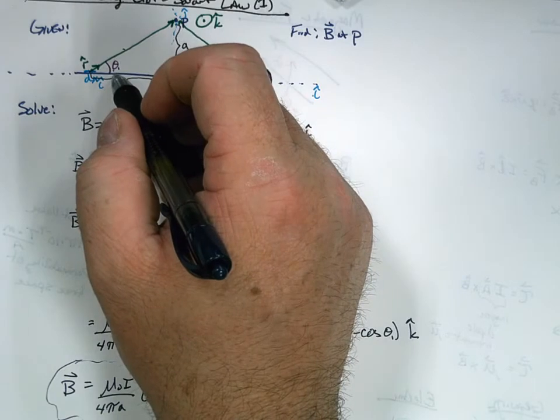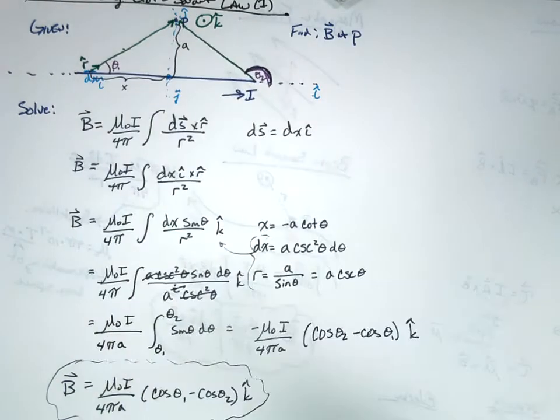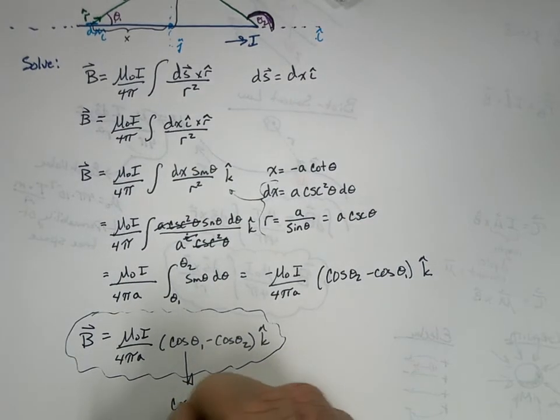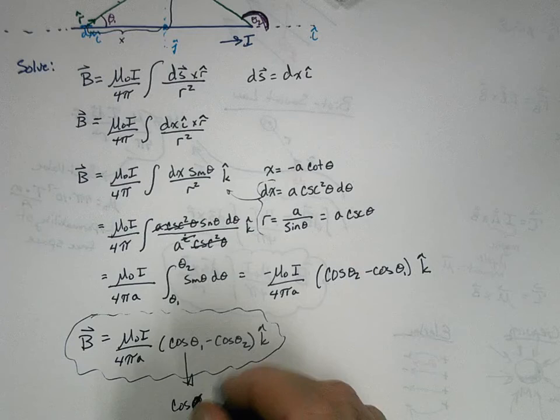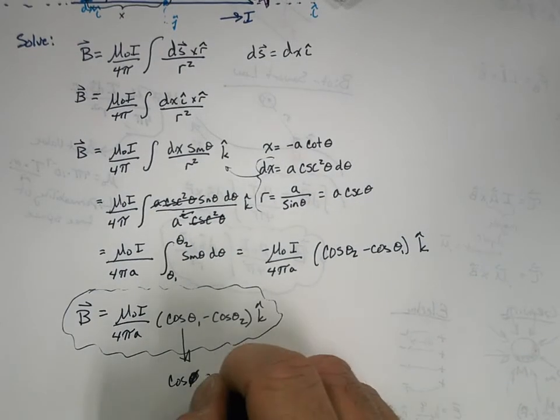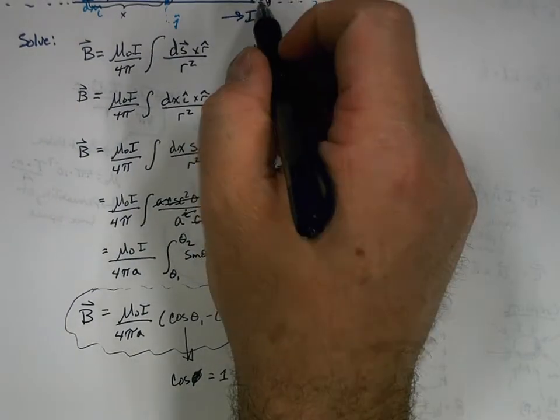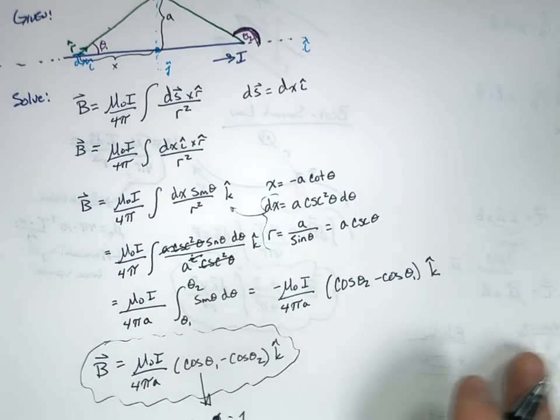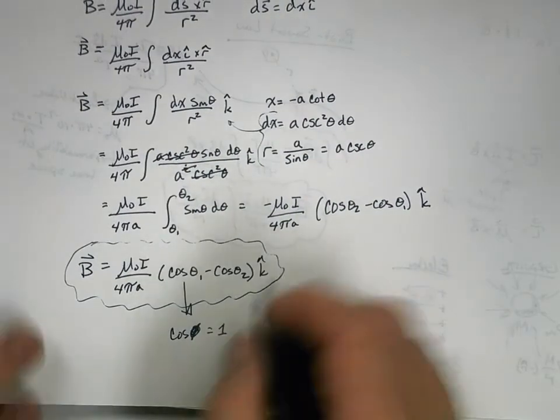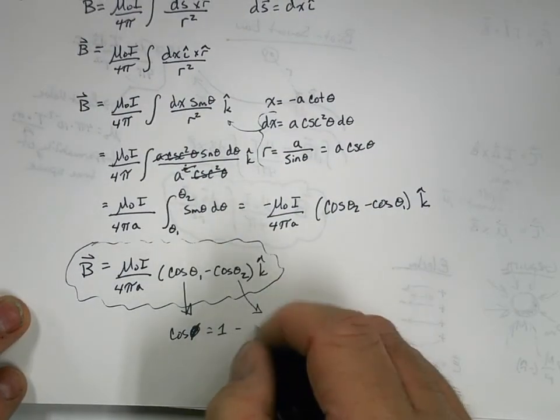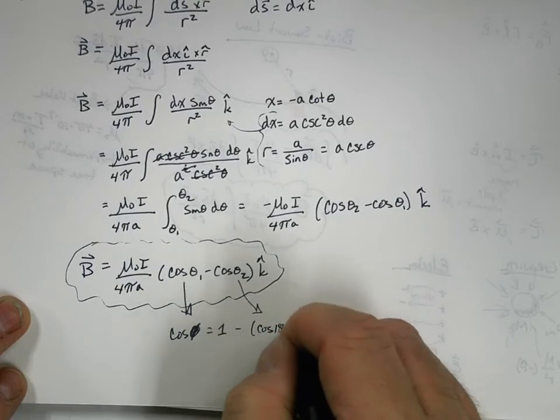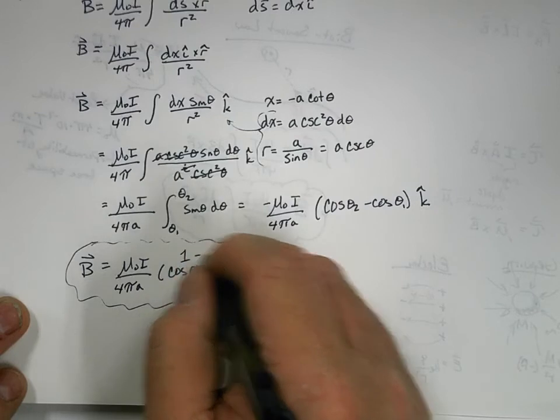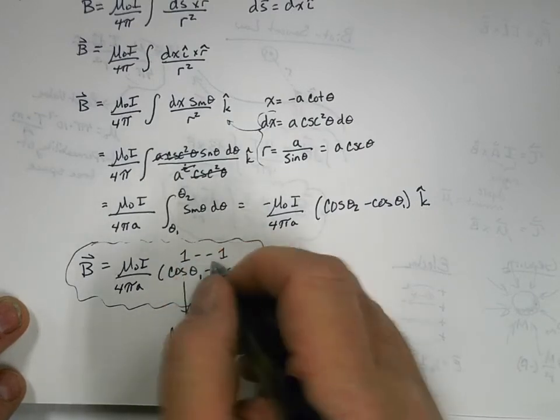going to make what for theta 1? Theta 1 is going to be pretty close to 0, right? Well, cosine of 0 is going to equal 1. And then if we go out here to theta 2, and theta 2 is way out here, theta 2 is going to be pretty close to 180 degrees. And so cosine of 180, which equals -1, this all of a sudden becomes 1 minus a -1, which becomes a 2,